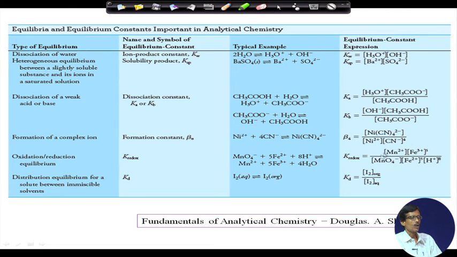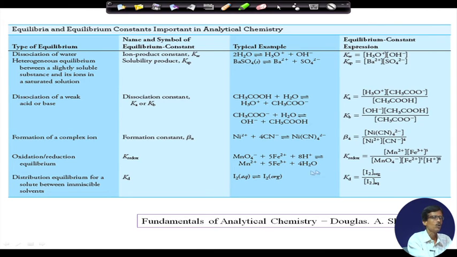So, this particular one is also very much important, because this K redox, this corresponding K value for this equilibrium constant, is very much important for the individual species which are present, and how easily you can detect that this particular reaction is going only in the presence of some amount of acid. So, it is in the acid medium, some concentration of acid is required, and we can find out the corresponding